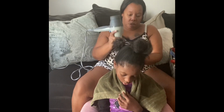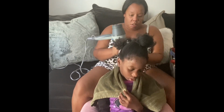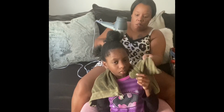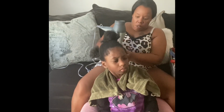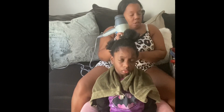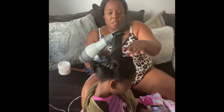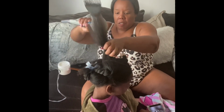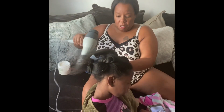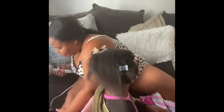She's used to the blow dryer at this point, but I still try to take my time to be gentle with her hair so that I can keep her hair as healthy as possible. So I'm going to continue blow drying it and getting it all dry, and we will see how we're going to style it. Now that we've gotten her hair pretty much blow dried out, I will twist each section really good and just kind of leave it while we check on Toodlebug and see how she's doing under the dryer